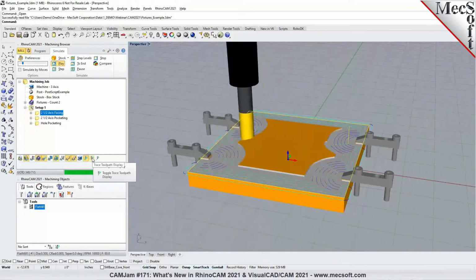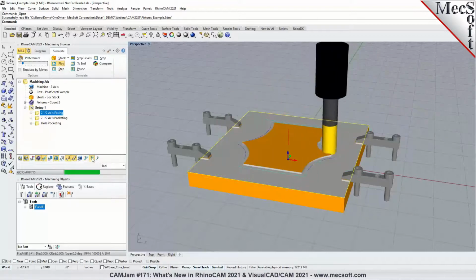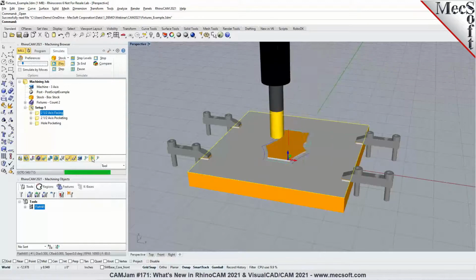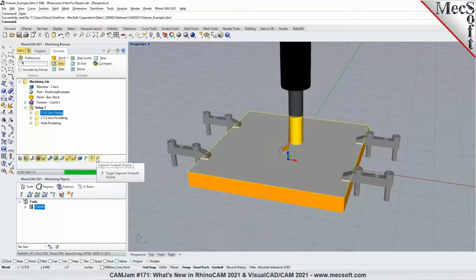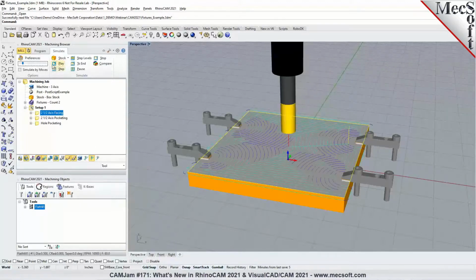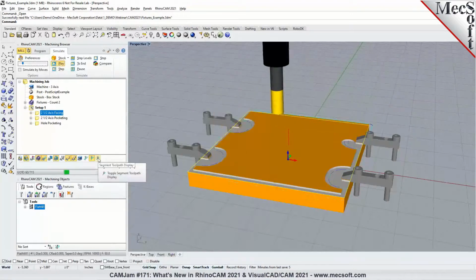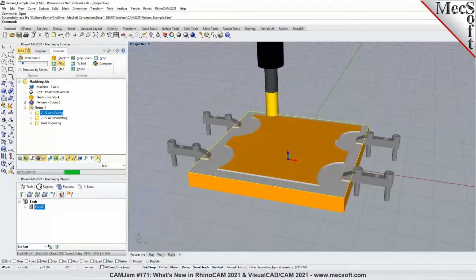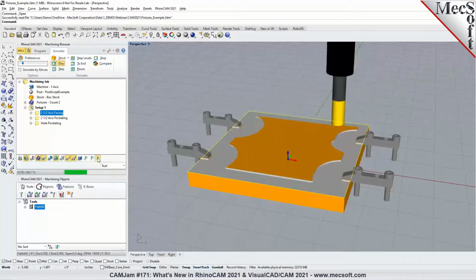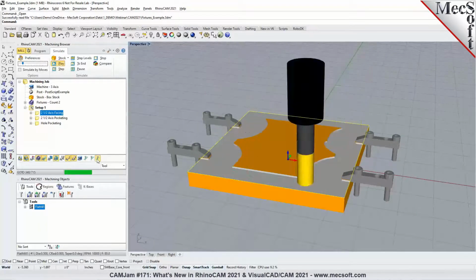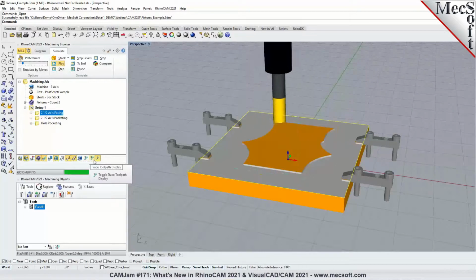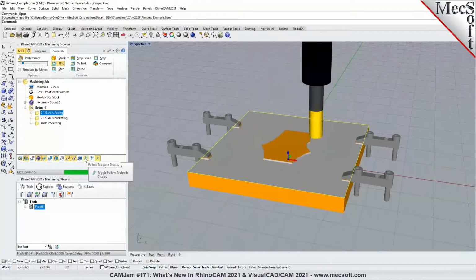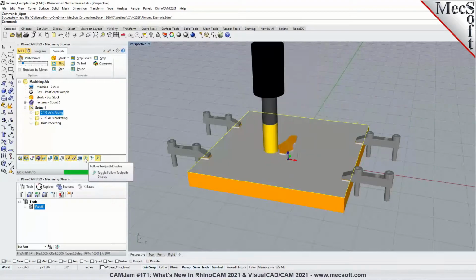Now you have the option to use a trace toolpath method. So basically it eliminates the ones where the cut material simulation has already been performed, or you could toggle to the segment toolpath, which only displays the toolpath for the segment where the cut material simulation is currently being performed. So you can toggle between these 3 options, and this is available in all of our configurations of our product in the mill module,